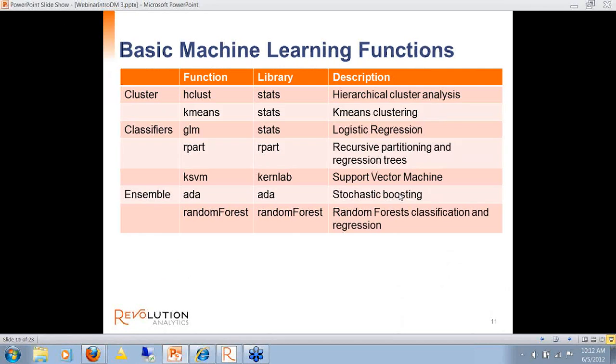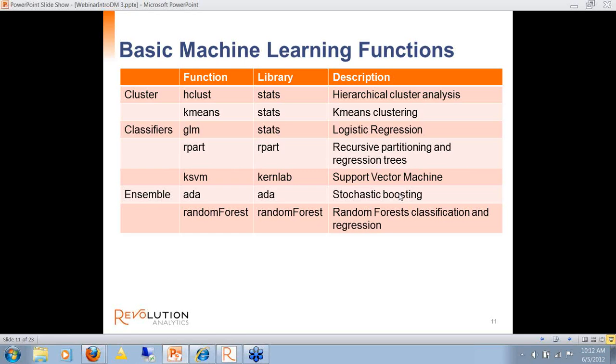The trick, of course, as that last slide indicated, is to know which functions are going to be useful to you. And out of the thousands of R functions available, and there really are thousands, the R language is organized into libraries or packages. There are about 5,000 of these packages.